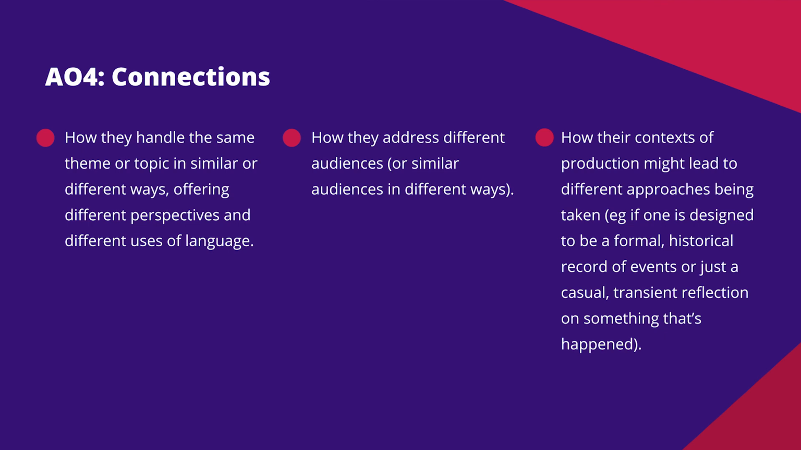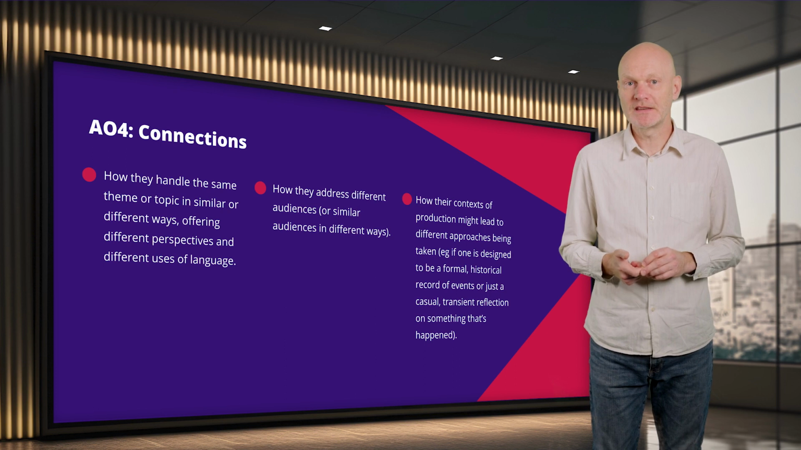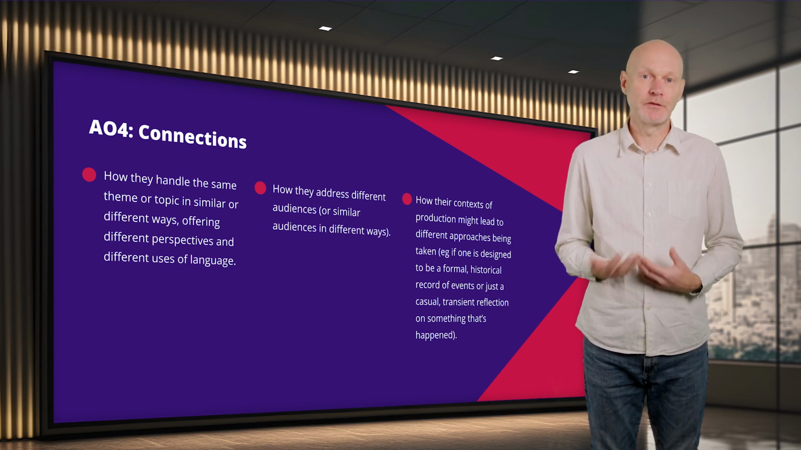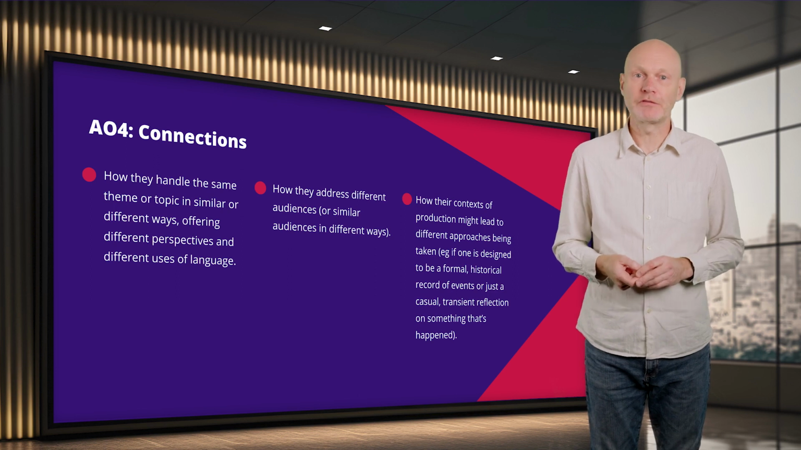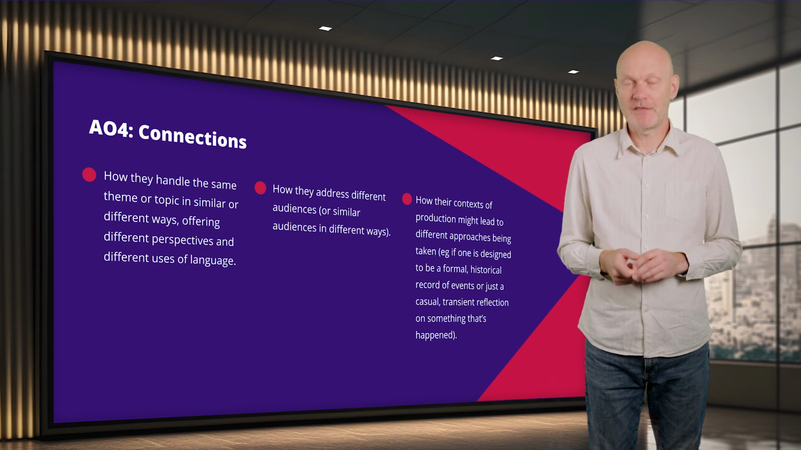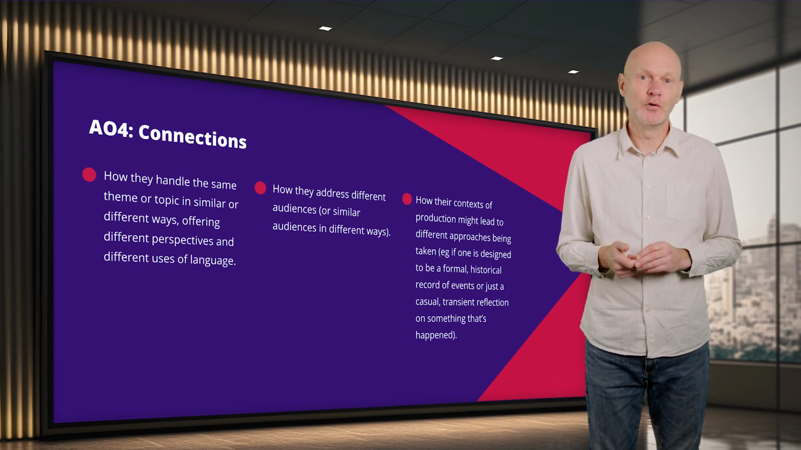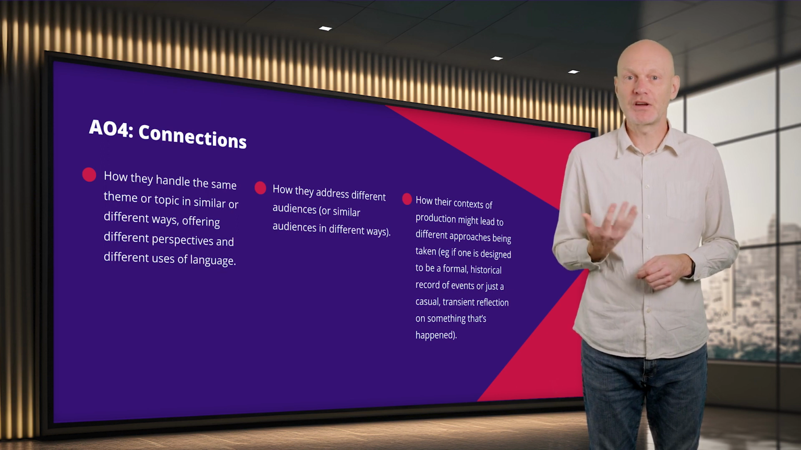through AO4, which explores connections between texts. On a fairly straightforward level, this means that texts might be compared to identify and evaluate some of the following: how they handle the same theme or topic in similar or different ways, offering different perspectives and different uses of language, how they address different audiences or similar audiences in different ways, how their contexts of production might lead to